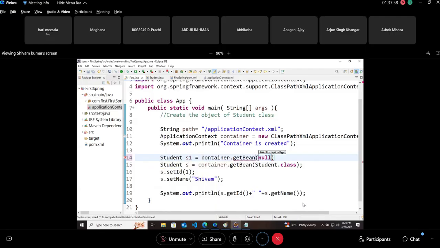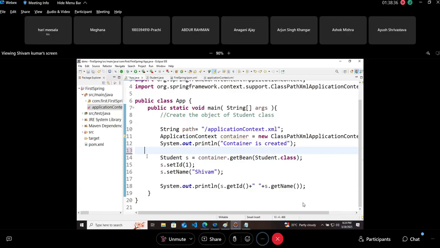Now let's say if there are two, three more classes, you have to define your class name, and your class name is Student.class. That's it. Now every time you will ask your container to give you the object. I am saying the object is already created there. If the object is created there, it means we can store the values also. So yes, we can store the values. That obviously we'll see next time. But first you should be able to do this part.